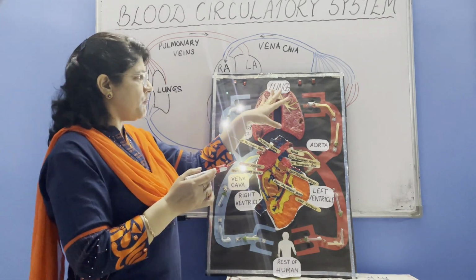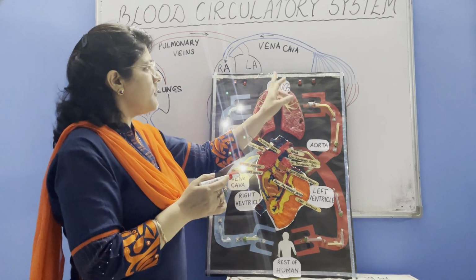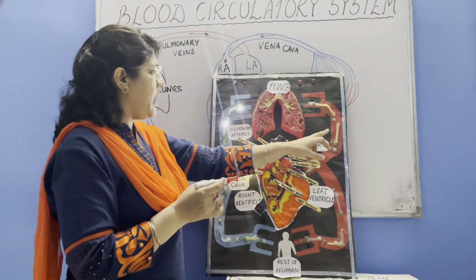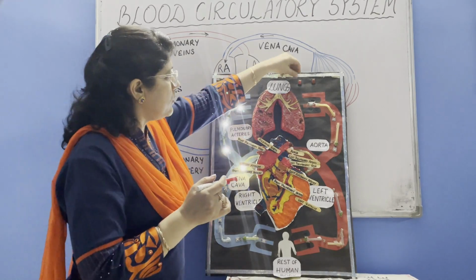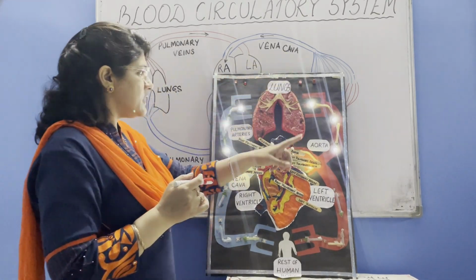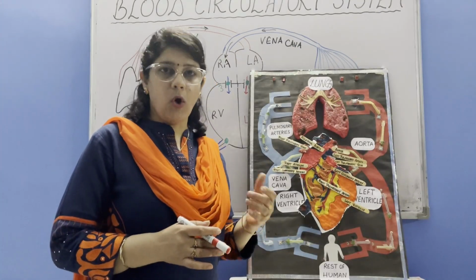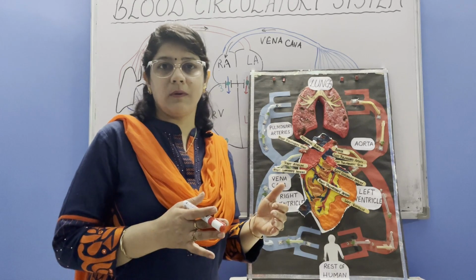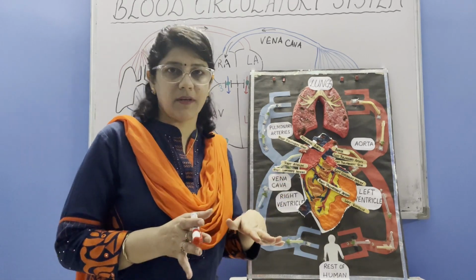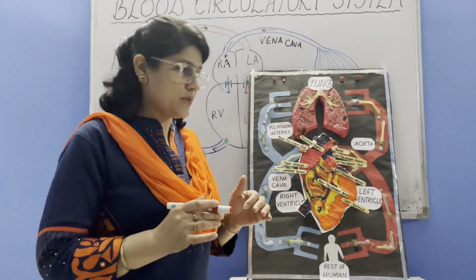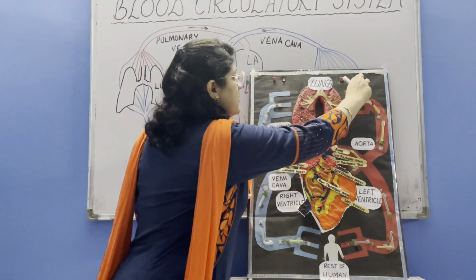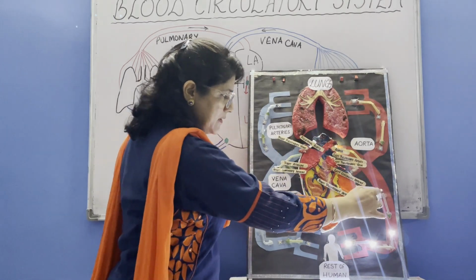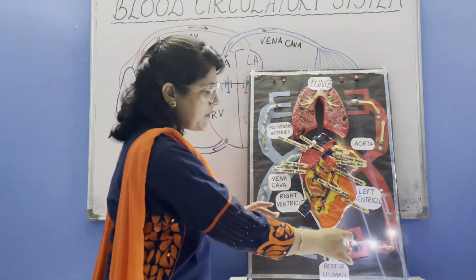Now the lungs purify this blood. Oxygenated blood from the lungs is now carried with the help of the pulmonary vein towards the left auricle. So this is our first pulmonary cycle. Now come to the second circulation, which is the long cycle, systemic general circulation, or you can say systemic circulation, which starts with the aorta. When the aorta takes oxygenated blood from the left ventricle, then this systemic cycle starts.